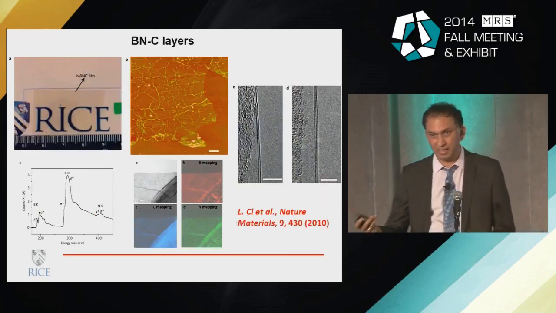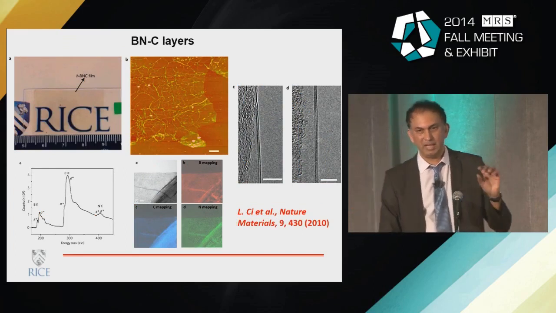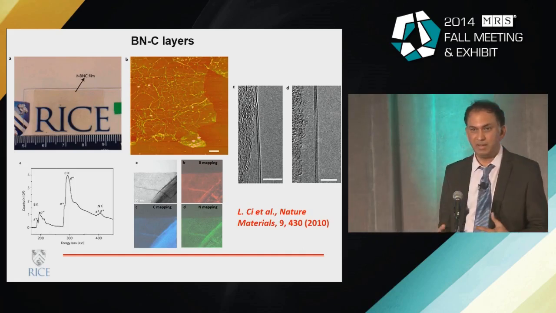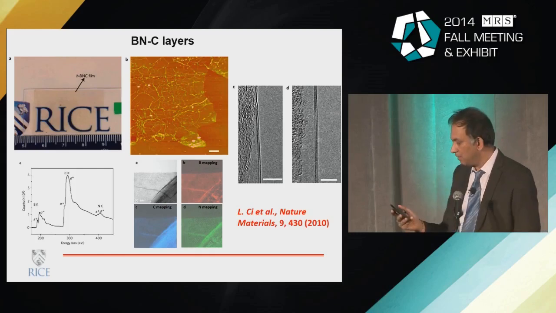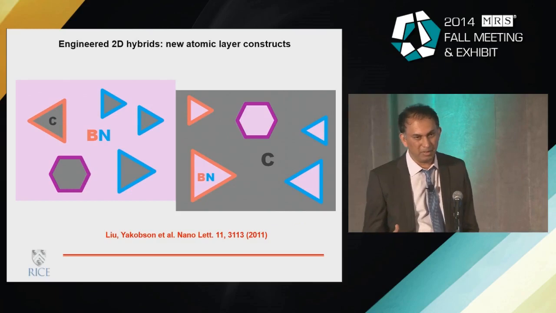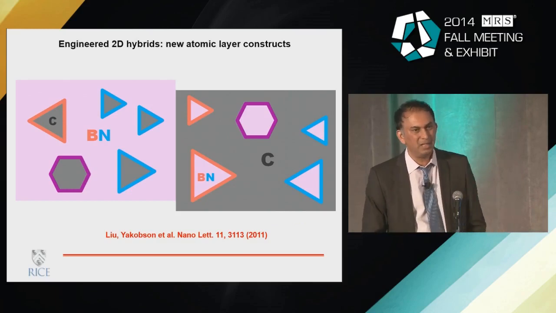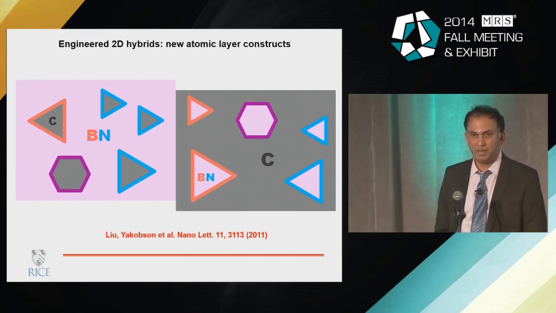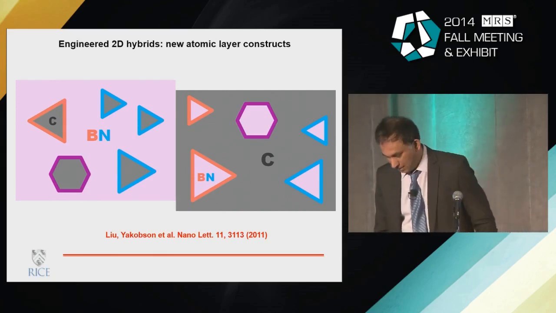We have been creating, again using similar techniques as graphene growth, these bilayer or trilayer systems of BNC. But as we characterize them better, you see that they are all segregated domains within these planes. But these segregated domains could also be interesting, because if you can engineer them in the right geometry and right size, then you can really create these beautiful hybrid atomic layers that have never really existed.